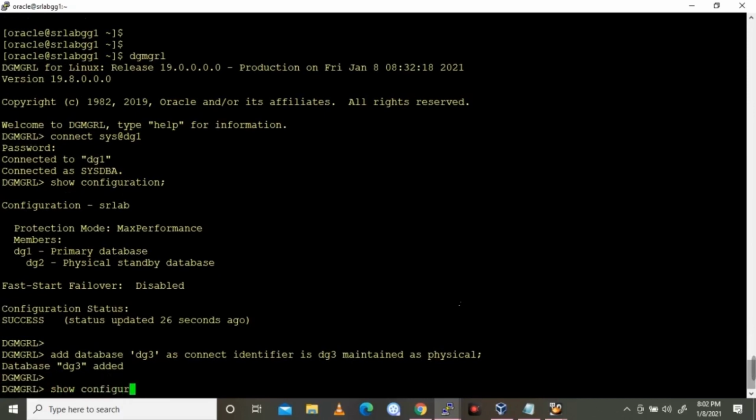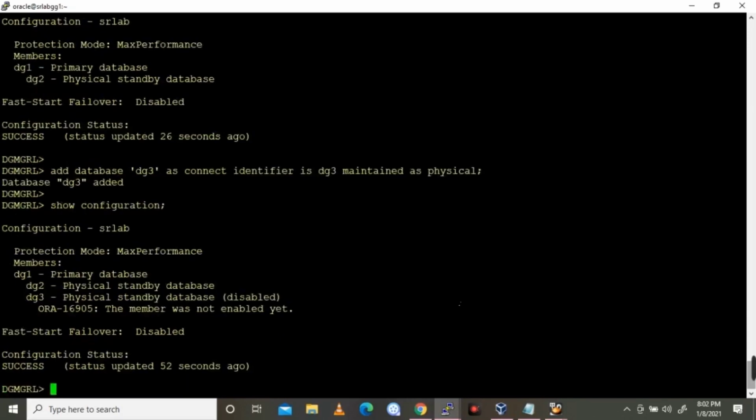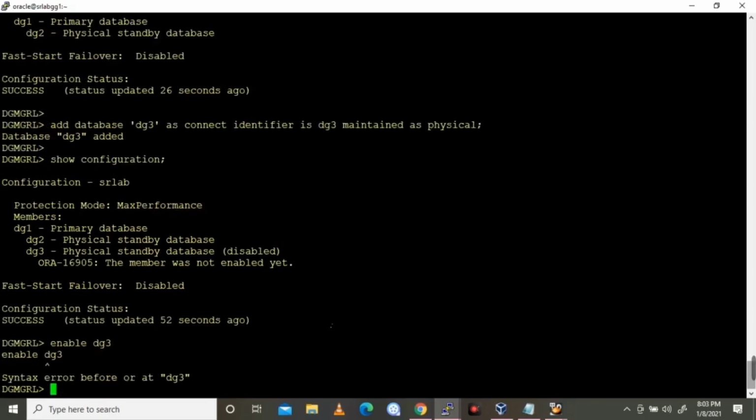Okay, we need to enable the database DG3. After adding, however many databases we add, we need to enable them. So, enable database DG3.